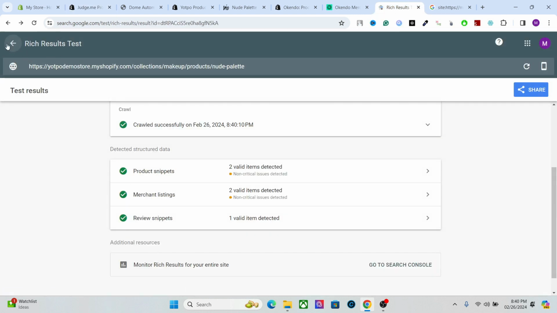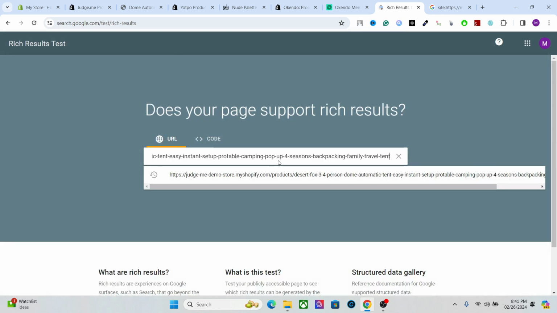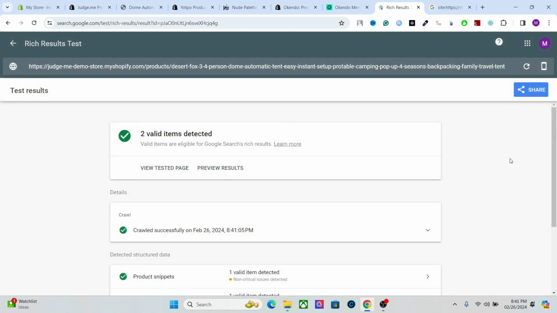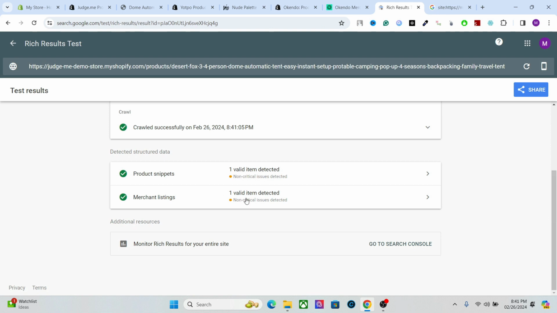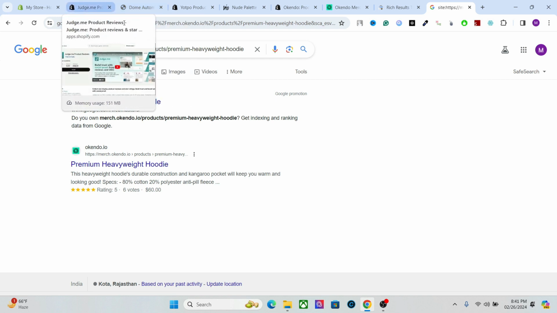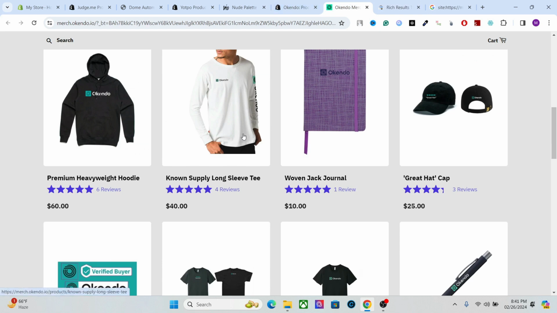So if we go back and run the test, you will see that it does not show any review listing, any review rich results, and that is why Google does not show any rich results for this product. Well, they can show it if the product is very popular and there are lots of reviews. If by chance Google picks up the reviews, it's good, but in these cases Google will not always pick up